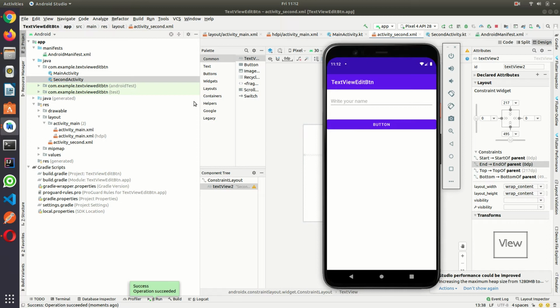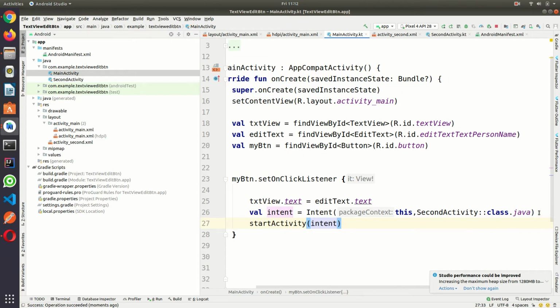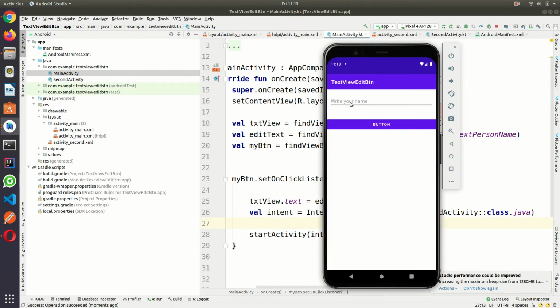Okay, and suppose you want to take some input data to the second activity and show it there. Suppose in the edit text you are writing your name here, and you want to click on the button and show it here. So how can you do it?